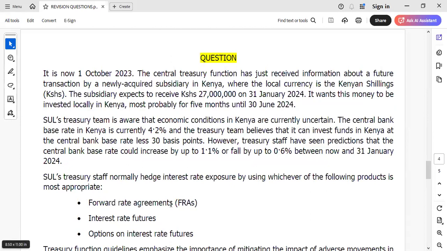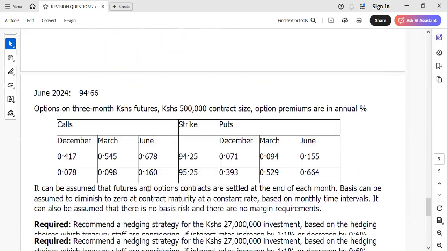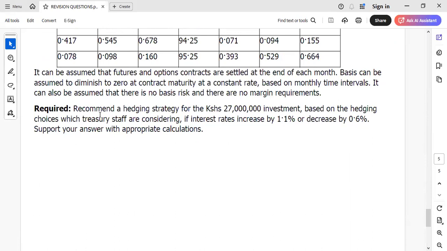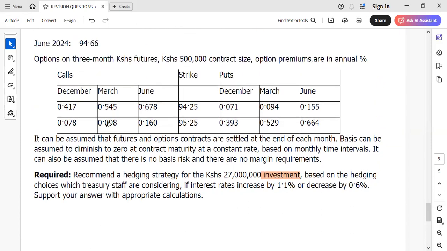We want to see how we can use the forward rate agreements. When you check on the required part, we are told to recommend a hedging strategy for the Kenyan shillings 27 million investment. This is an investment based on the hedging choices which Treasury staff are considering, and if interest rates increased by 1.1% or decreased by 0.6%, you are supposed to support your answer with appropriate